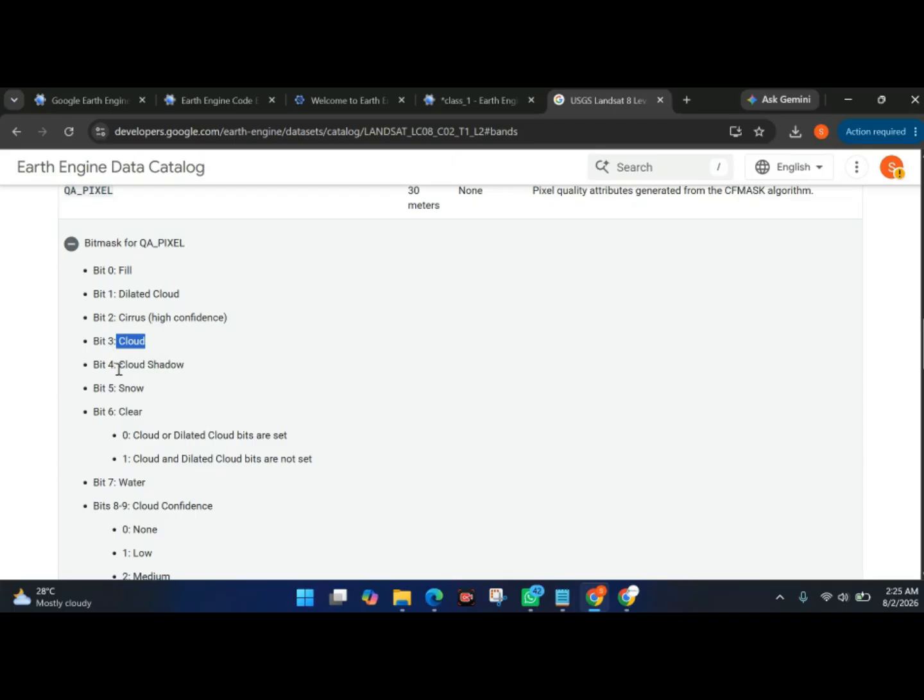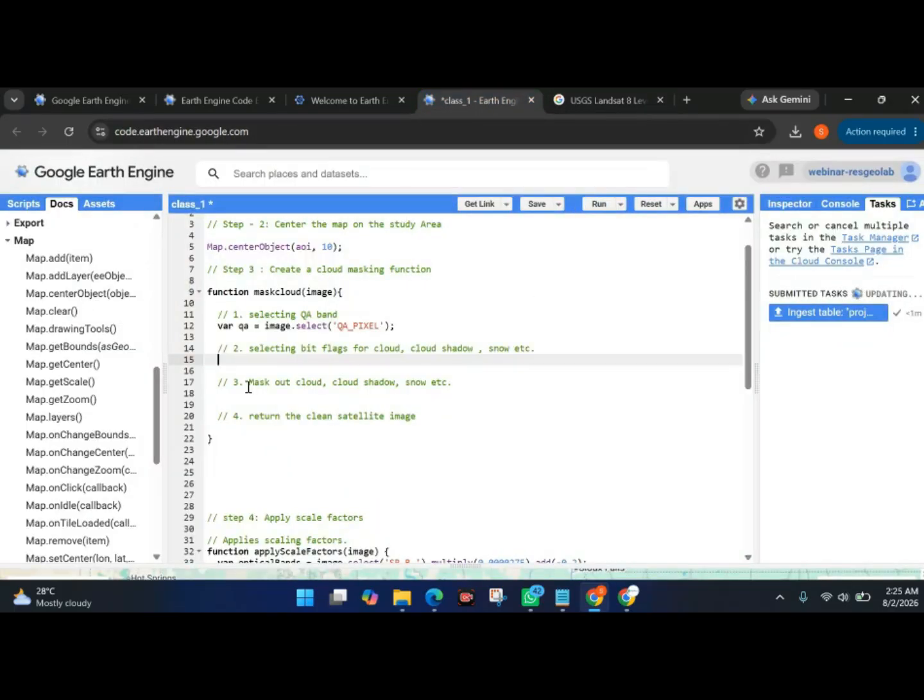One is cloud, one is cloud. So that means one is 3, one is 4. 3 is cloud, or bit 4 cloud shadow. Okay, most of the time you can use this. Or if you need another, then you can also add bit 5 or bit 2 or bit 1 as you wish. Okay, fine. So step 2, to create cloud masking function from beginning, is selecting bit flex for cloud, cloud